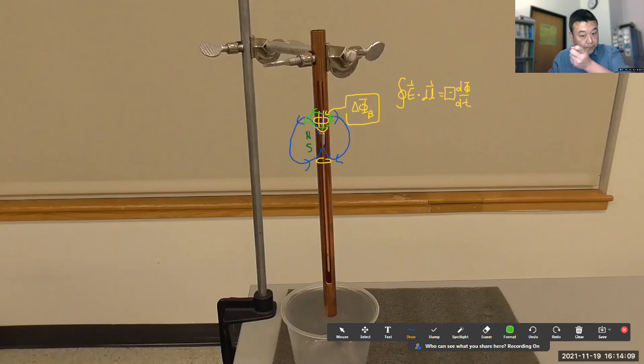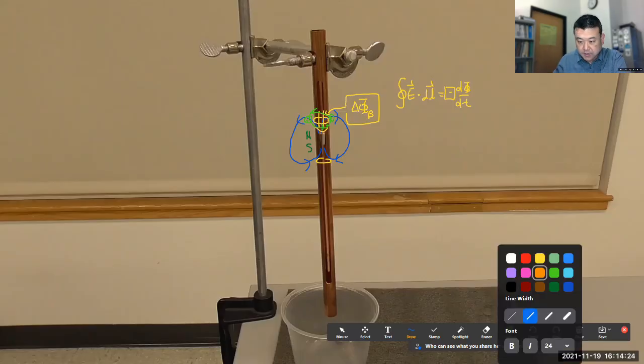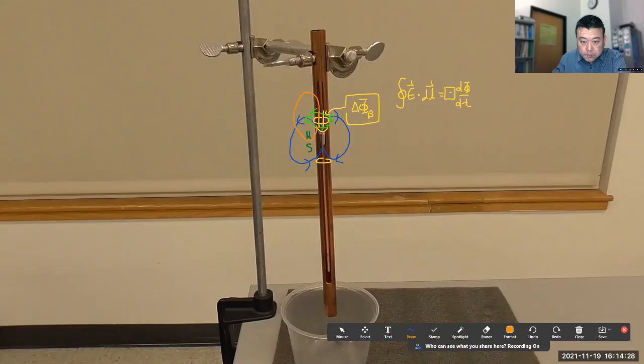Now, if you imagine a current loop that's going like that, then looking at that, you would say, oh, current loop going that way is going to generate a magnetic field that looks like this. These will be the magnetic fields produced by the induced current. And